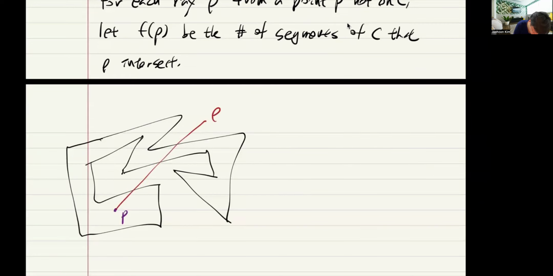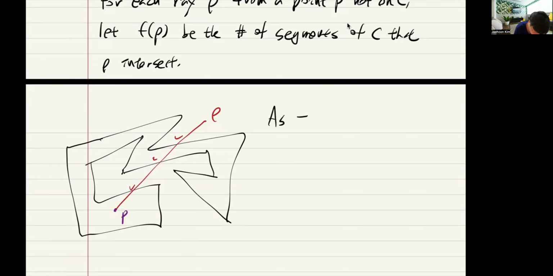For this rho, f of rho is 3. 1, 2, 3. It intersects 3 segments. Okay. Then once you pick this P,